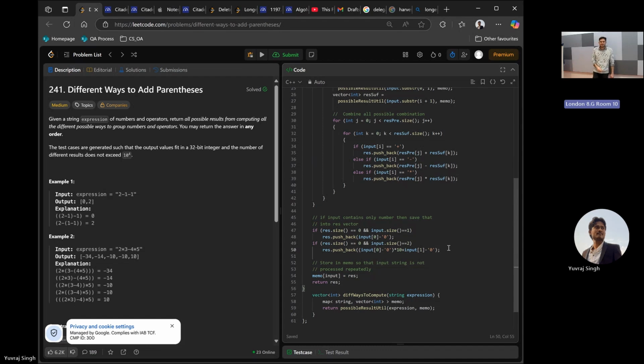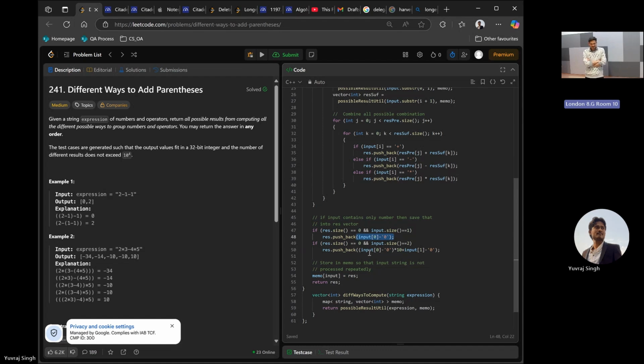Then when we subtract the ASCII value of 0, we get the number basically. You can check on the internet why this works if you are confused. Otherwise, this is the way we are pushing a single digit